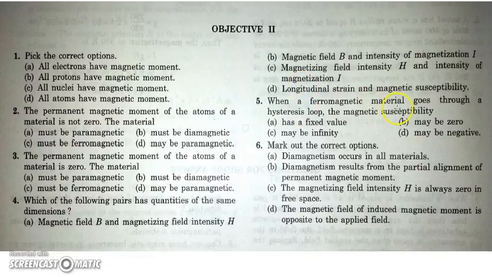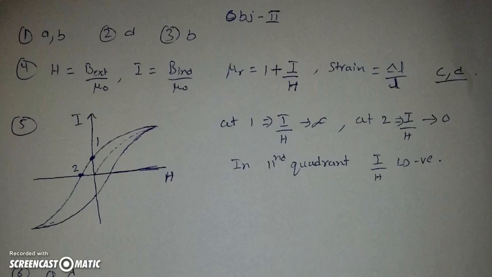When a ferromagnetic material goes through a hysteresis loop, the magnetic susceptibility... Okay, let's have a look at the hysteresis loop. We can say this is the hysteresis loop. Okay, this is the hysteresis loop, and at this point, point number one,